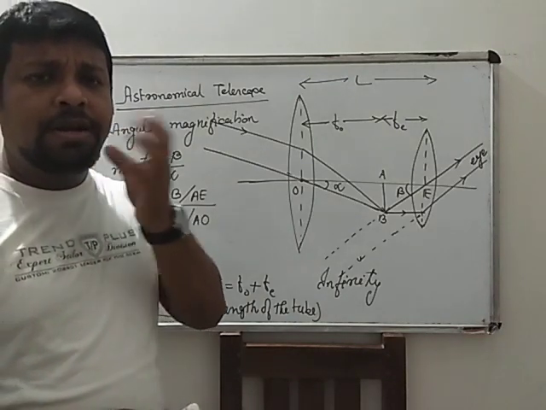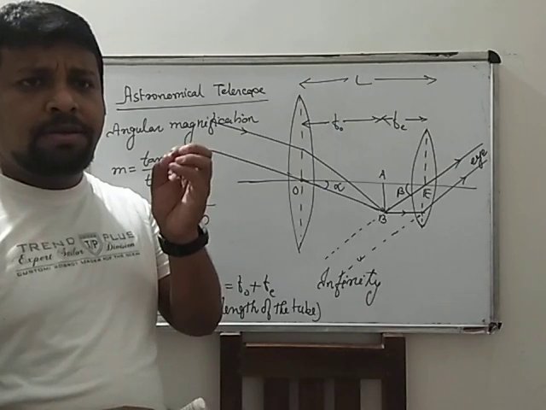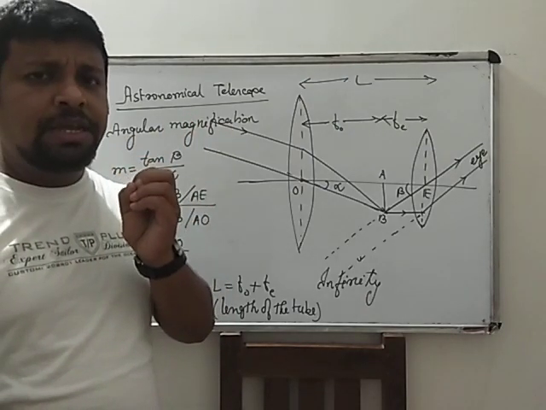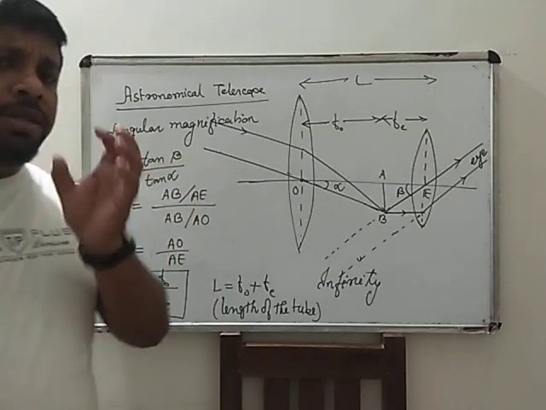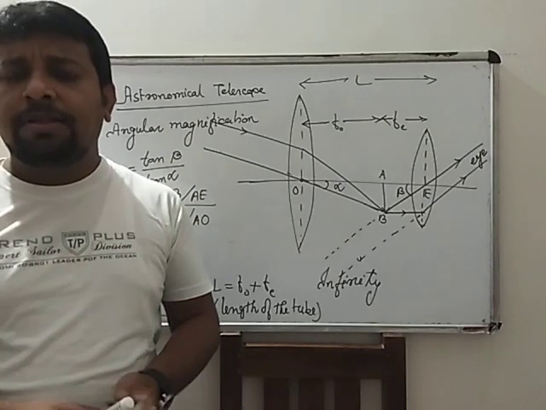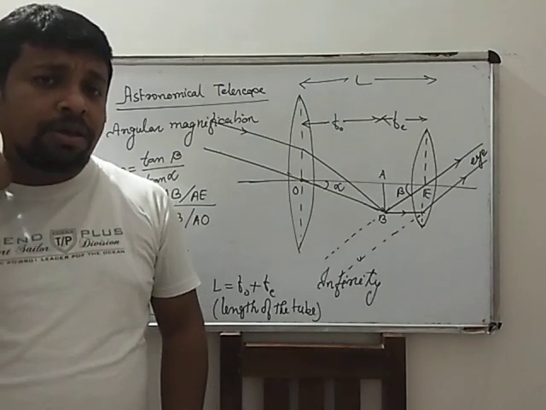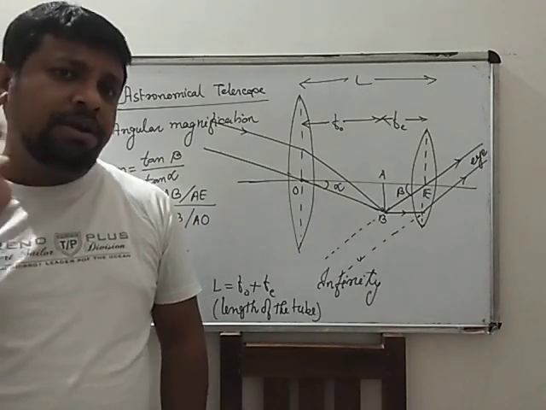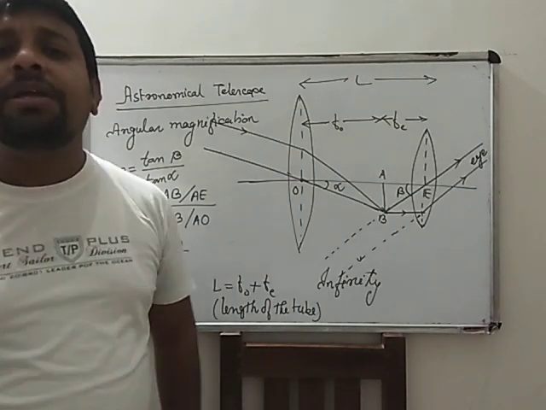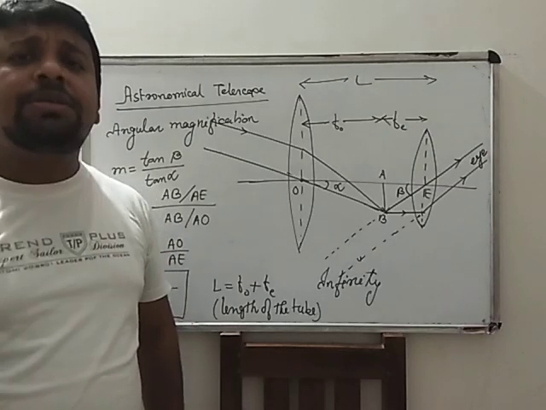You cannot focus well. In case of telescope, due to spherical aberration and chromatic aberration, the image will not be clear. Therefore, some difficulty will take place. To remove this difficulty,